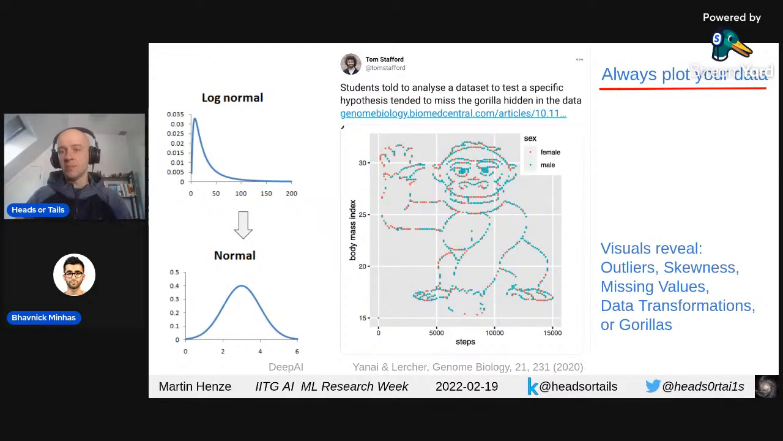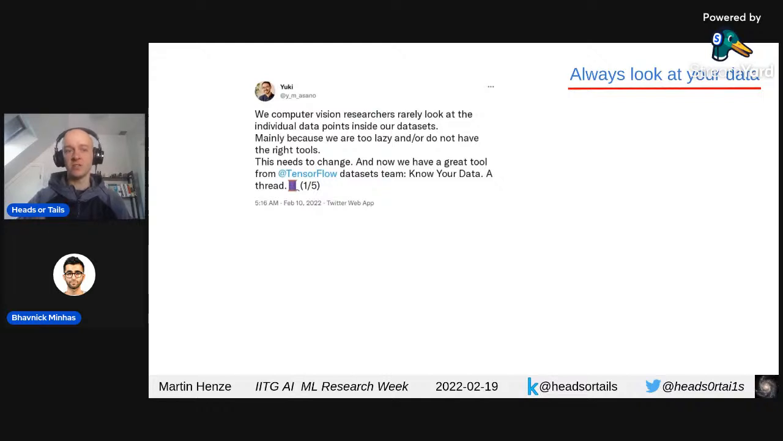Now, all of this is about some sort of tabular data, right? Although, log normal is also relevant when you think about a prediction target, for instance. But always plot your data can be generalized to always look at your data. So another thing that I saw recently on Twitter, and you see I spend quite a lot of time on Twitter, but